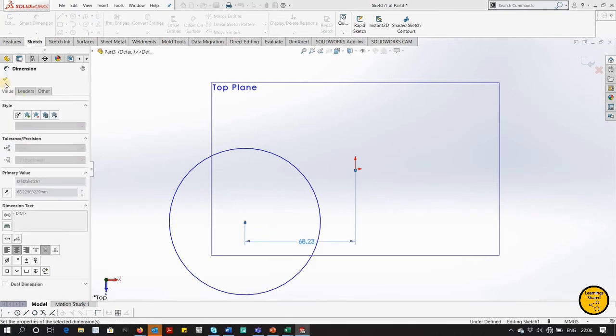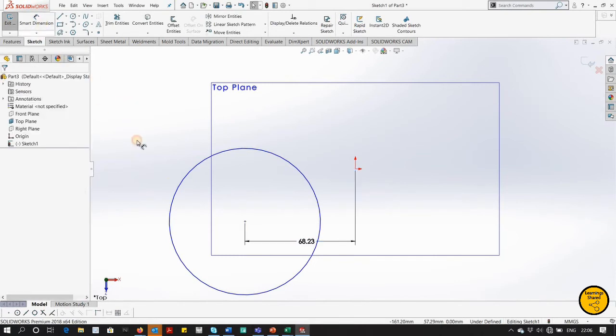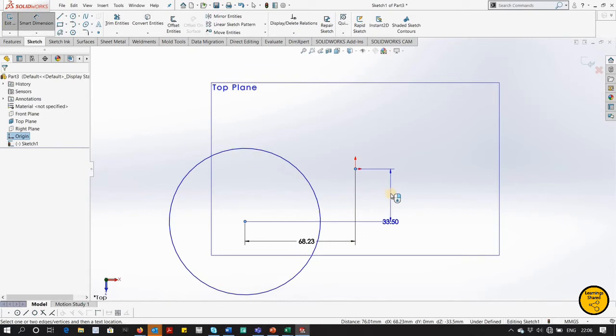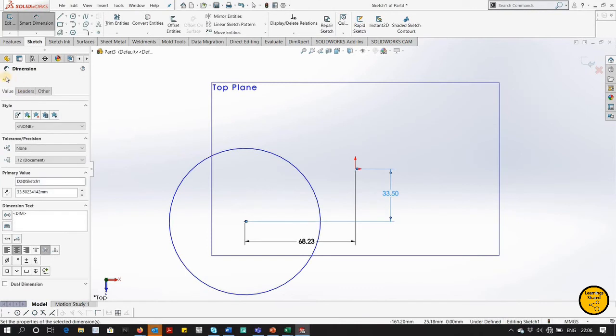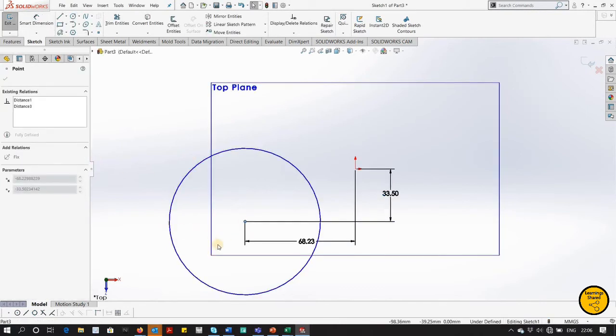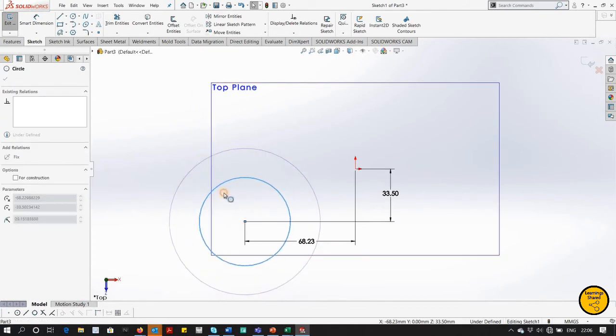So this is the dimension I'm giving from origin till the center of the circle, in x and y direction. So it is now fixed, you cannot move it, but you can still change the size.